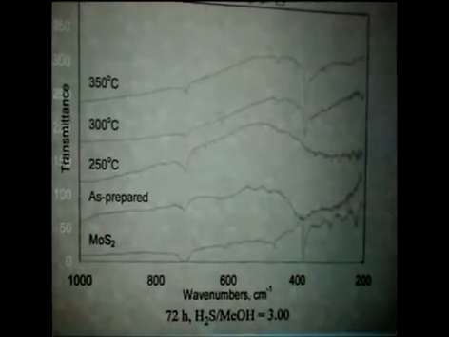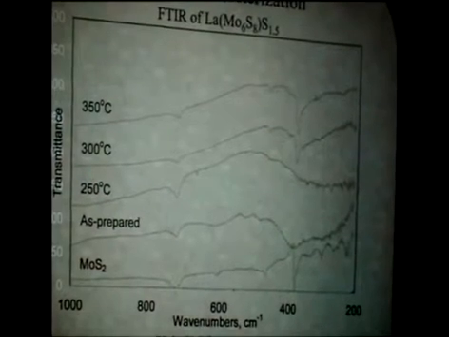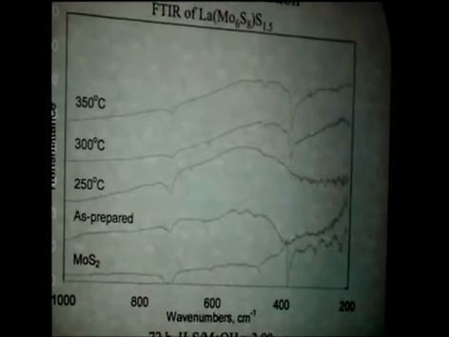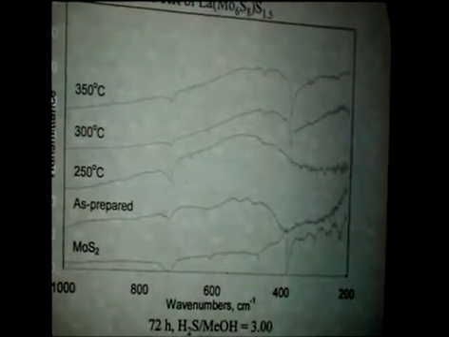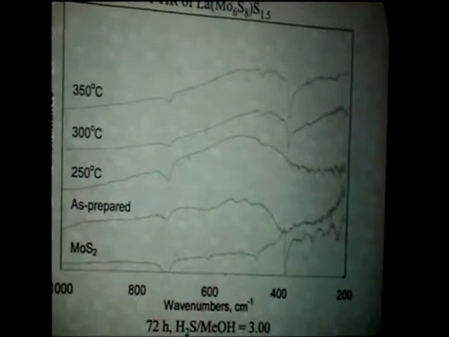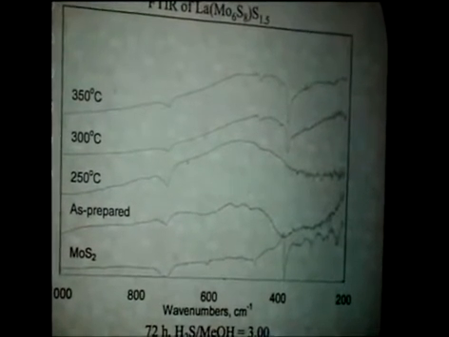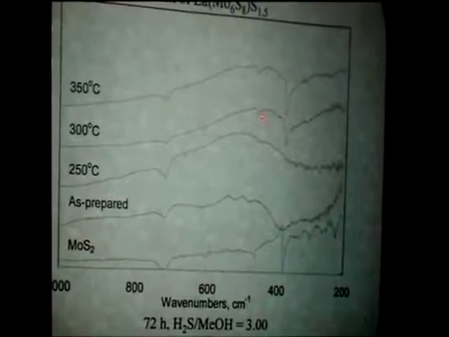We've looked at these materials with XAFS and determined the structure fairly clearly with crystal materials at least, and also the amorphous materials. But as we raise the temperature, it's the same picture as was shown on the laser Raman: at 300 and 350 we can start to pretty clearly see this band at 470, indicating that in the bulk we're starting to get some MoS2 formation.